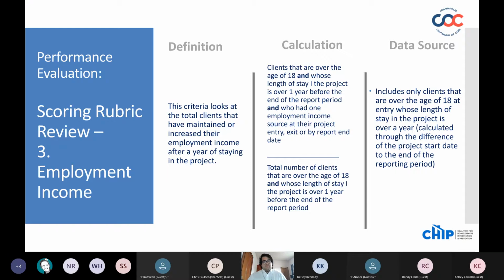And employment income is much in the same in terms of filtering for those clients that are 18, have been in there for a year. And in the numerator, it's looking to ensure that clients have been able to receive some type of employment income. So anyone that has employment income